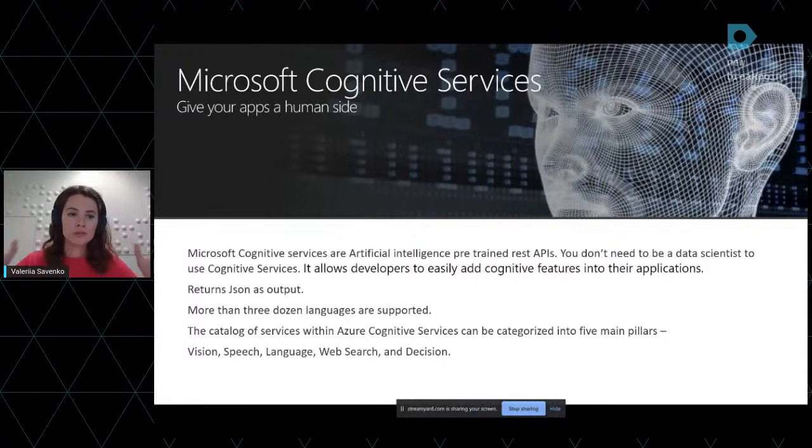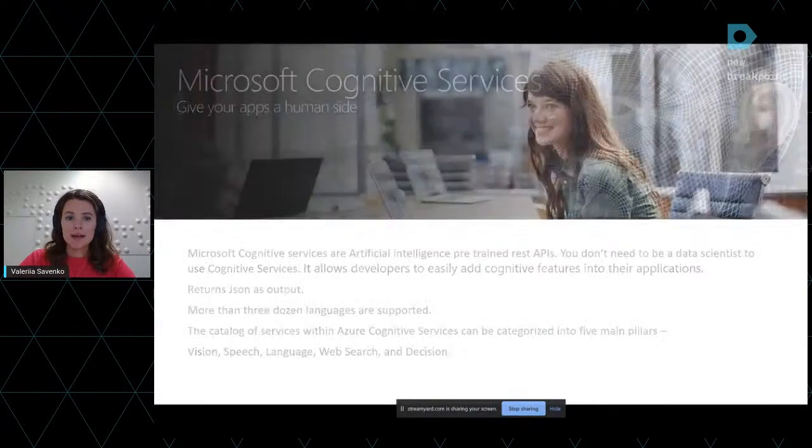When we look at the Cognitive Services, they're basically pre-trained AI that exposes a REST API. You can post an image to it and it returns JSON as the output, and then you can deserialize it and maybe share that information on a web page of some sort. There are a few pillars: we have Cognitive Services across vision, speech, language, web search, and decision. So if I go to the next slide,